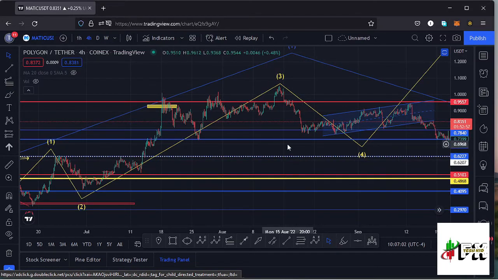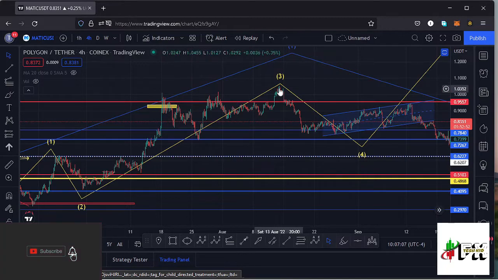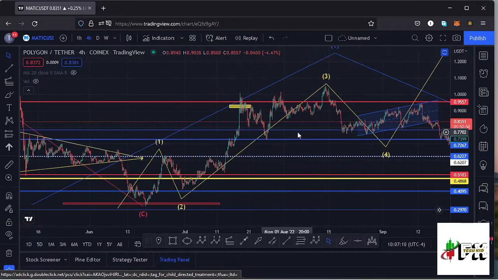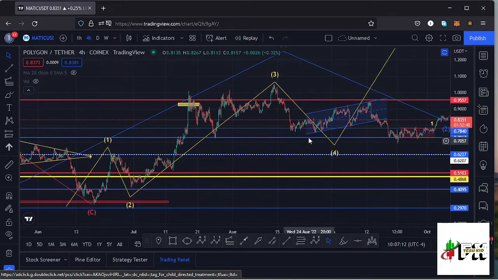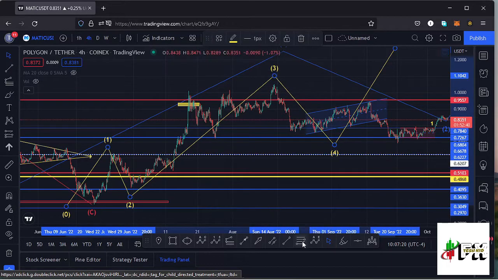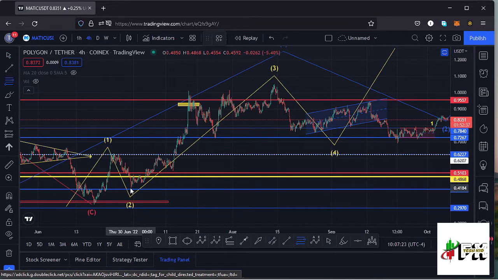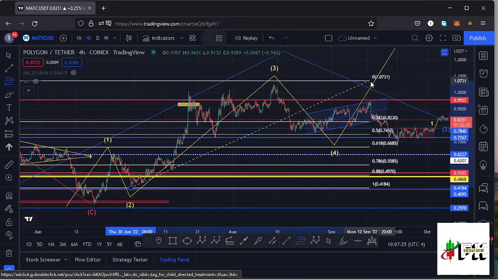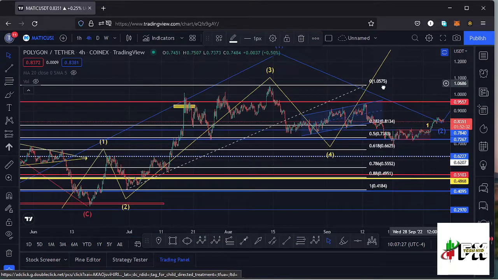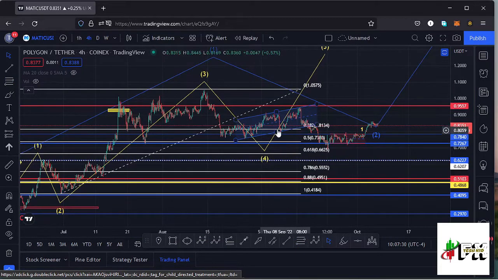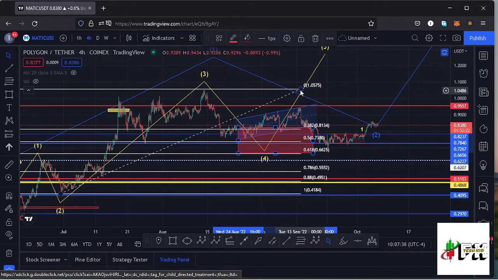And after making the high for that third wave to the upper side at around the $1.06 mark, we have been seeing a bit of a retracement to the lower side in the formation of a fourth wave. And using the Fibonacci's, because a wave 4 is a retracement of the third wave, we can use the fibs to get a minimum target area to the lower side in the formation of a wave 4, and I just need to use the fibs connecting them from the low of the wave 3 to the high of that wave 3, and that gives me a minimum target area to the lower side between the fib level 0.618 and the fib level 0.382, and I can mark that target area here on the charts like that, then remove the Fibonacci's,